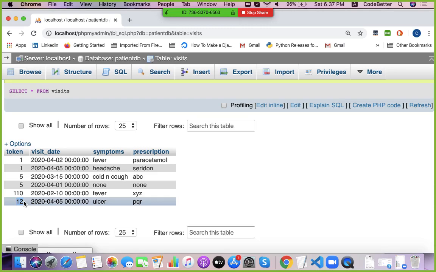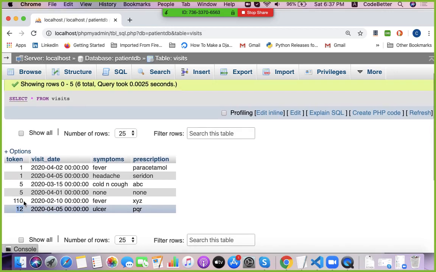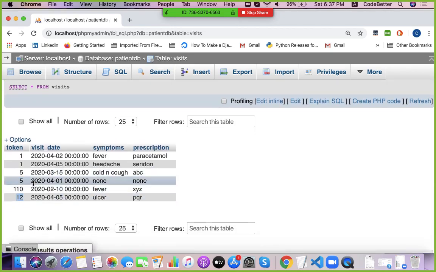It should belong to the patient table first, then you can put the record here. So you have to add a constraint, a rule, that this table contains only those token numbers whose entry is in the patient table. That rule is known as a foreign key.